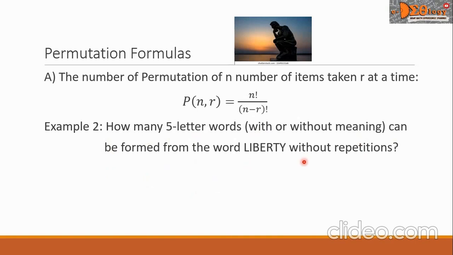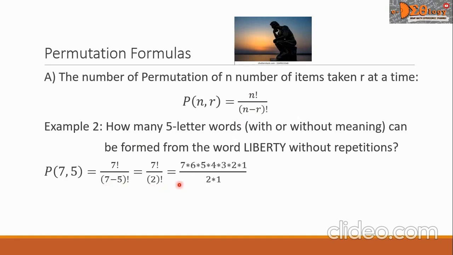word liberty without repetitions? So our formula is P of 7, 5. The number 7 comes from the number of letters in the word liberty. And this 5 is the 5-letter word that is required in the problem. This is equal to n factorial, which is 7 factorial, over n minus r, which is now 7 minus 5 factorial. And this 7 minus 5 is 2, and we will take the factorial,